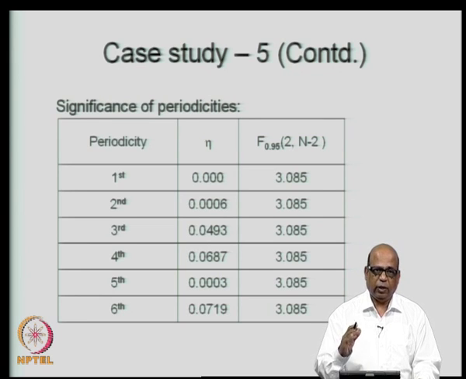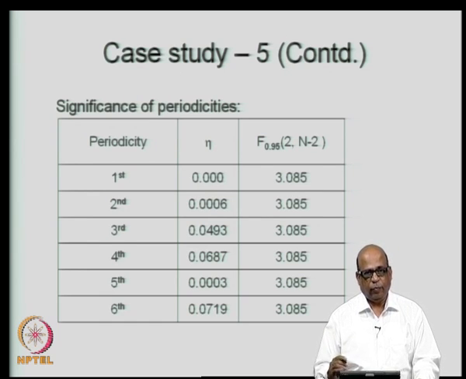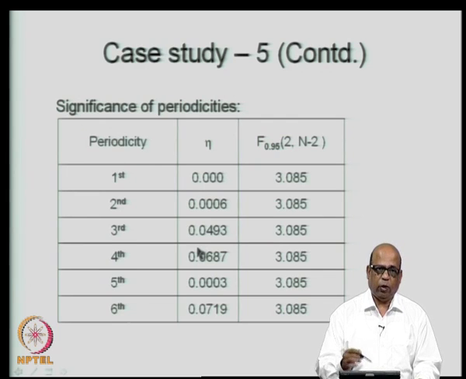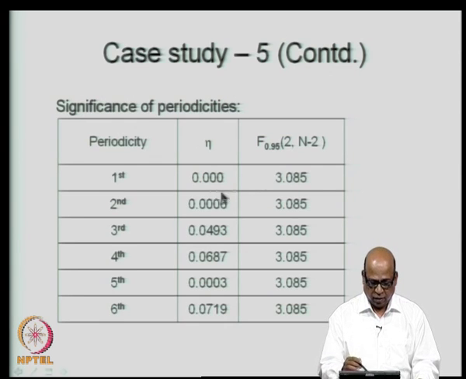In the spectral density, if you suspect that there are periodicities associated with, let us say, 10 years, 15 years etcetera, based on the visual observation, you consider all those periodicities. So, typically we do for 5, 6 periodicities which are emanating from the spectral density, and then obtain for the residual series, obtain the eta values,